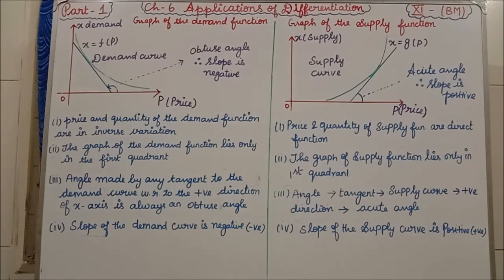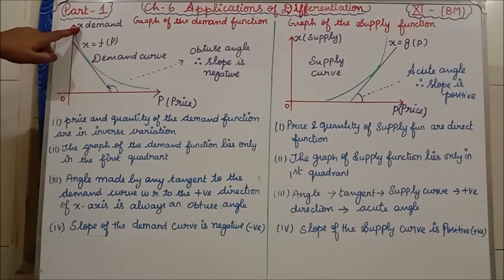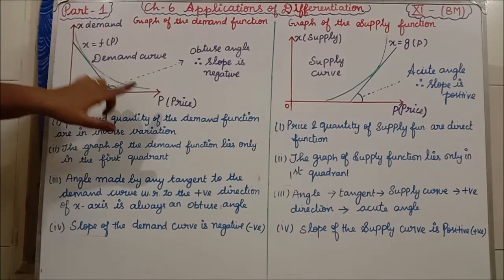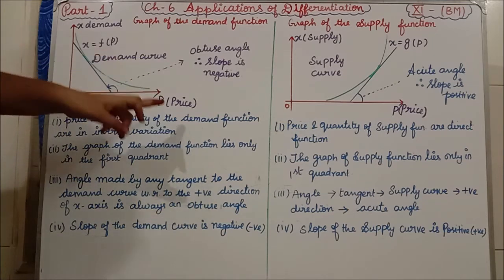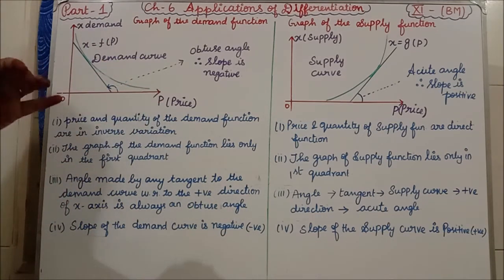See, I have drawn here two graphs. The first graph shows the demand curve. This graph represents the demand curve, where here I have written x, isn't it? This x is the quantity and p is the price. Quantity means how much quantity you are ordering, or sometimes we can also say it as output. Price means how much the price of each quantity will differ.